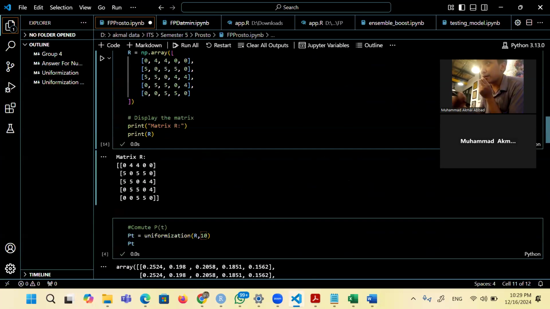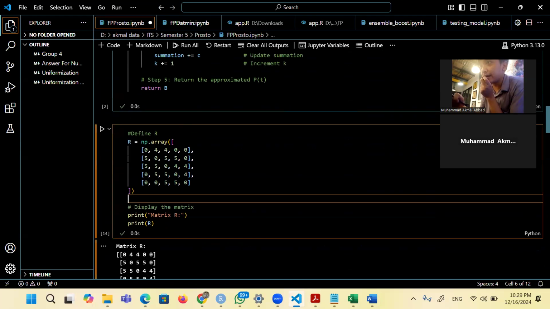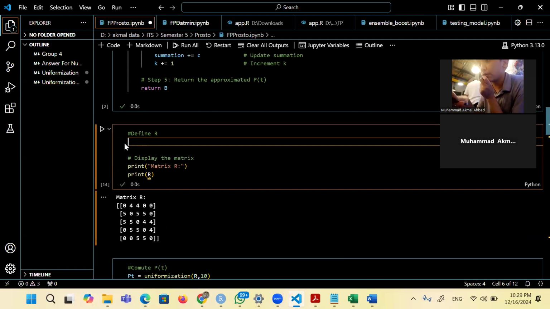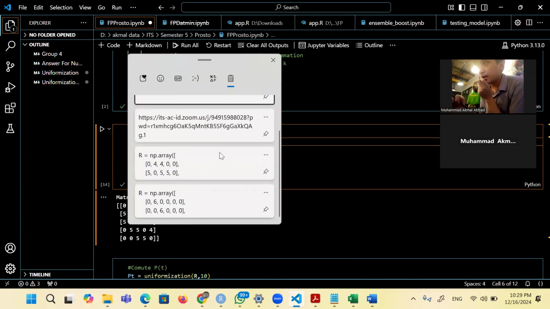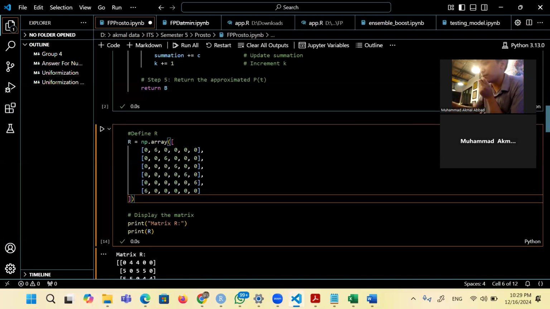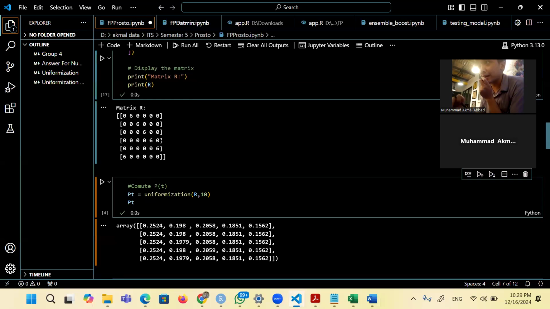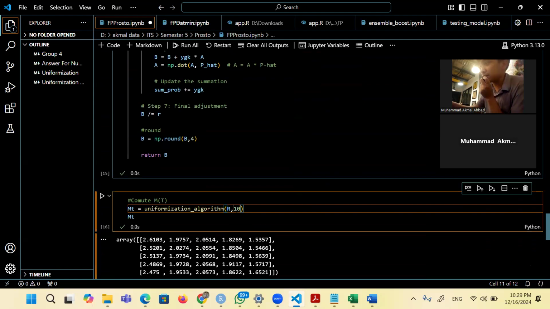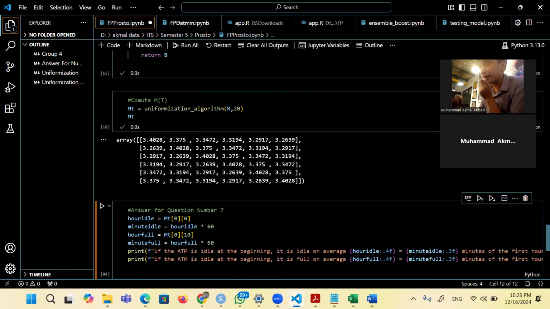From Python, we define R again with the matrix from 4.2. So this matrix. We run it, and we get the matrix R here, and then we will compute M(20). We change the time to 20. So we get M(T) right here.